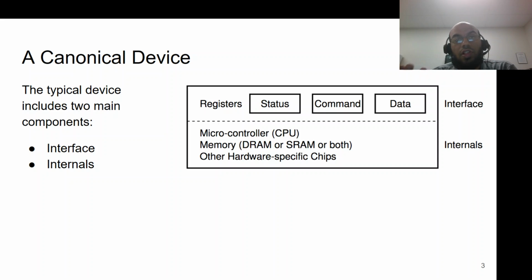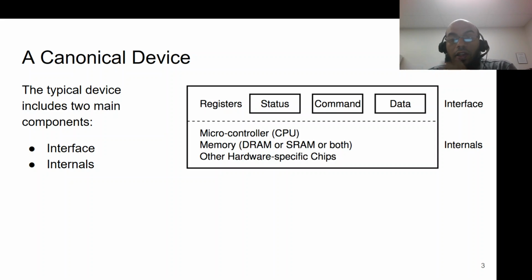Every single device that is created by humans will have some interface so that the computer can talk to that device. And it's pretty standardized. You have some registers, which are status, command, and data, and these three are what you would use to communicate between your hardware device and your